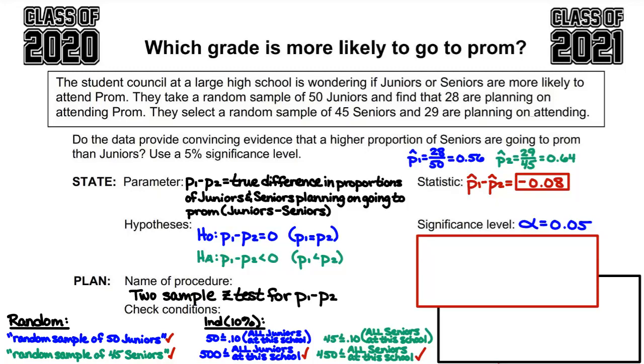We have to find p hat combined. Does anybody remember how we find p hat combined? Yep, you add fractions the wrong way, the way elementary school kids want to do it. We're going to add our 2 numerators, so we're going to add 28 and 29 together, which gives me